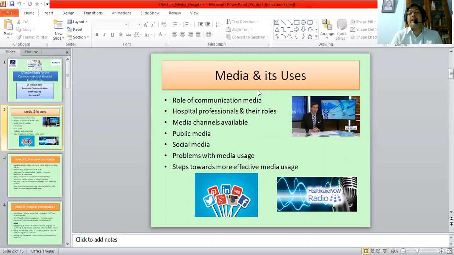To begin with, what is the nexus or what is the relationship between hospital professionals and the media? By the media, of course, we mean the various channels, mostly of public broadcast, or the channels which foster the interrelationship with the public. Like, for example, radio, television, the internet. Now, please do keep in mind that as a hospital professional, you are doing public service, and it is the broad general public which in fact